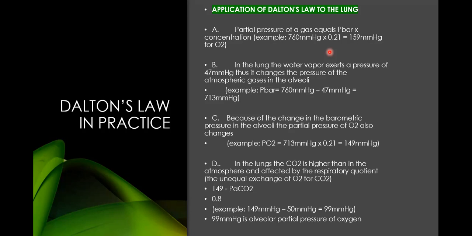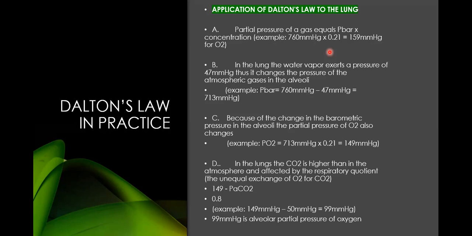Thus, that is the partial pressure of oxygen in the alveoli. So you see the journey that the oxygen has to take. There's a mathematical journey that has to be done. Before I go on to the next slide, the partial pressure of oxygen in the air is 159 if you go by atmospheric pressure. But we can't do that in the lungs because we have to account for the water vapor pressure, which is 47. So we take the 760 and subtract the water pressure away.